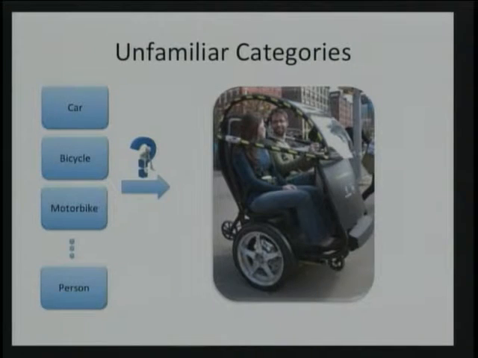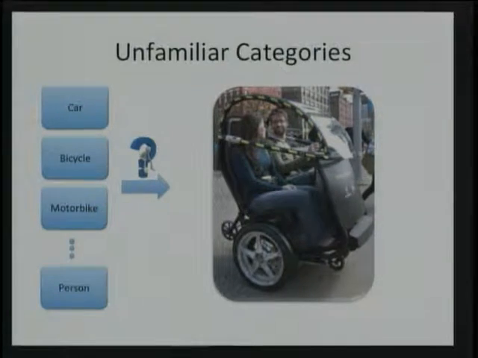If I show the same picture to the current setups of recognition, what should be the answer? Well, I'm going to get my car and bicycle and motorbike detector, run it over an image, and then the best answer that I expect would be, gee, I don't know what this is. Why is this happening?